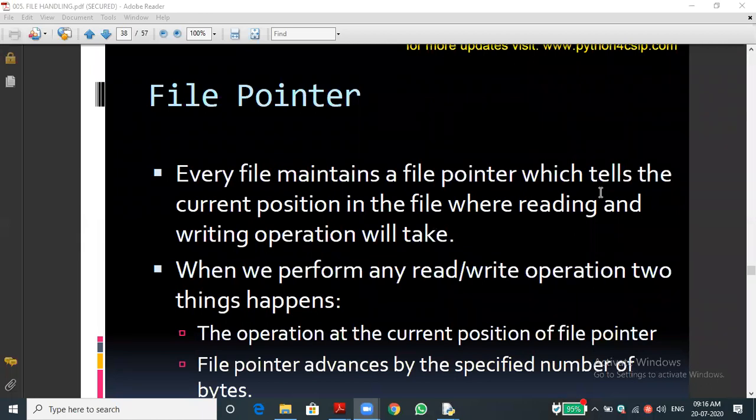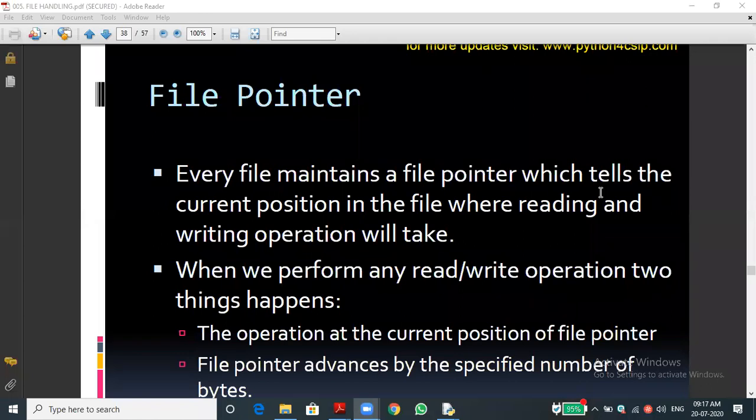For example, if you place the cursor in between two words and start to type any letters, it will start from where the cursor is placed. Whatever action we are doing, the cursor is important, because that determines where the action will start. In normal MS Word documentation we call it a cursor. Now we have to call it a pointer, especially a file pointer. The file pointer determines where the action needs to start.